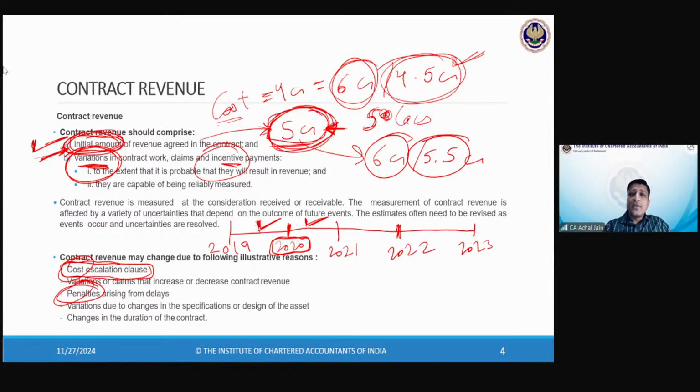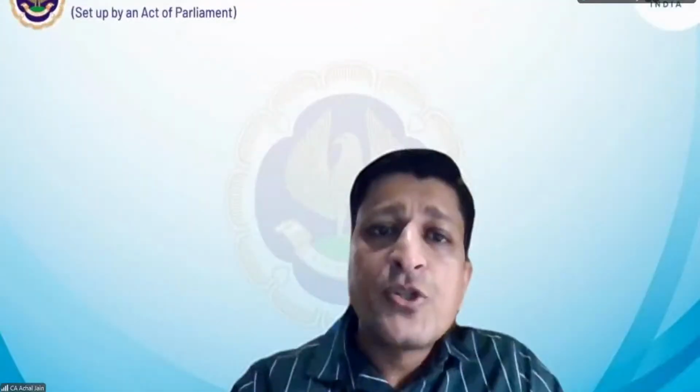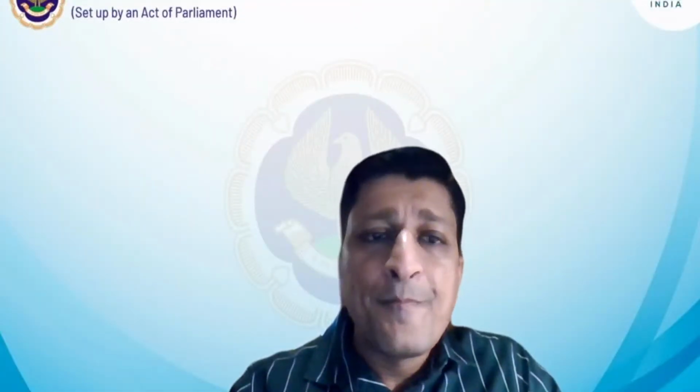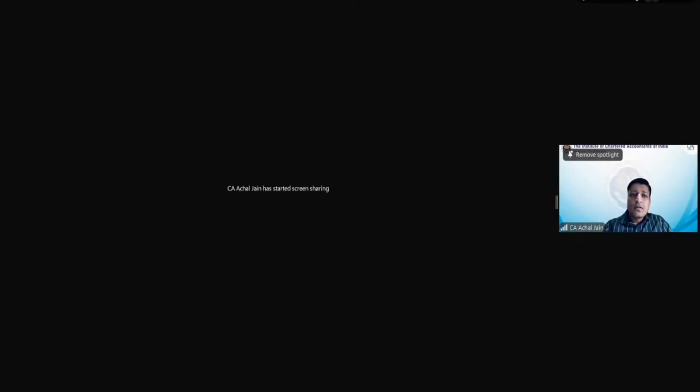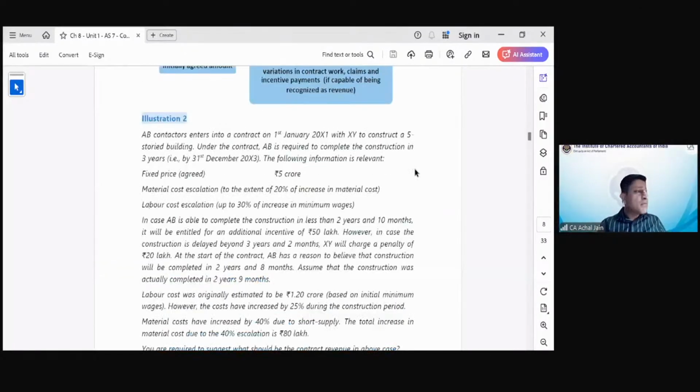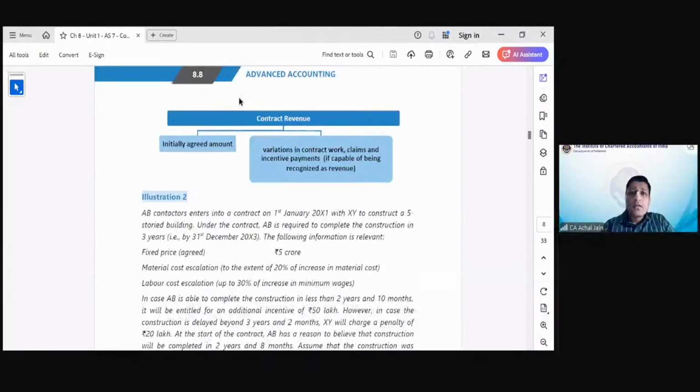Clear? All right. So what we'll do is we'll look at one example through which we should get some more clarity. Again, I'll go to your study material. There you can just go to this page number 8.8. So let's look at this illustration now. Illustration 2.2. You need to compute this and let me know as to what is going to be the amount. You can just start solving this.